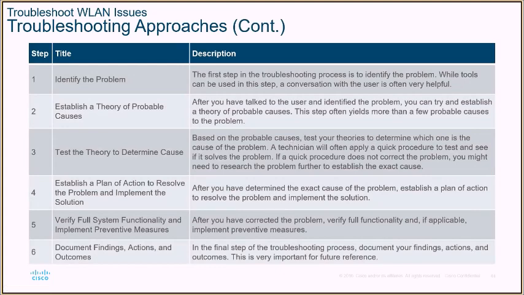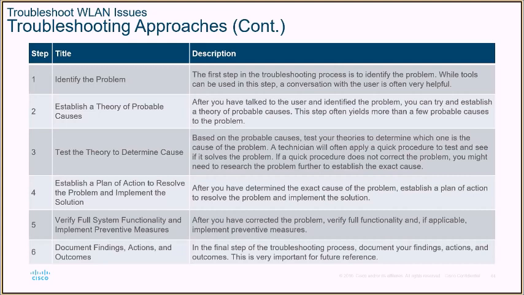And so basically you identify the problem, and so from that you have users calling in and saying they can't use it or whatever it might be. Someone's got a problem, and then from there you need to establish a theory of probable causes, and of course there could be more than one. And so from there, the most likely cause, you then test your theory. And so basically you go and try and fix that, what you think is the cause, and